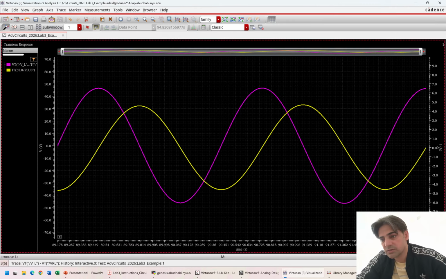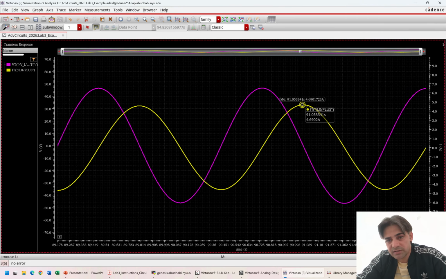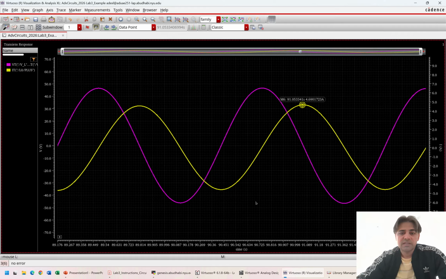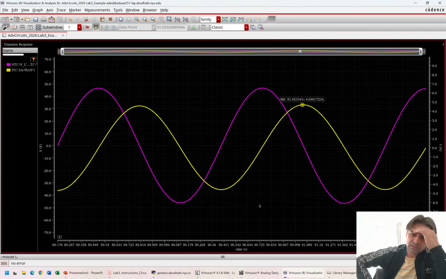Okay, this is the current over here, and you see the peak current here is 4.69. I'll hit the M key to get the marker. All right, that is 4.6 amps. Now, as I said, we'll look at the estimation of the